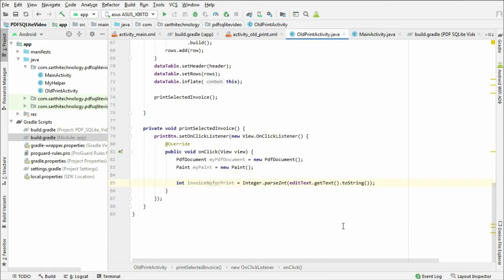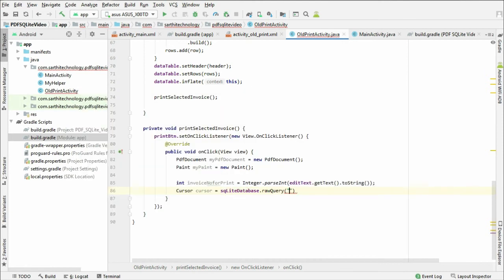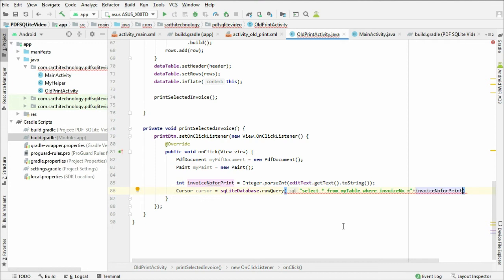So using this we can retrieve the data from the database, and for that create a cursor object, cursor, SQLite database dot raw query, select asterisk from my table where invoice number equals invoice number for print, comma, we will put null here.